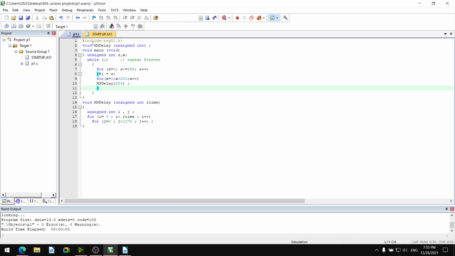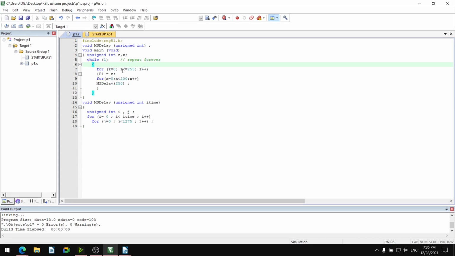What we have done? We have defined the ms delay, unsigned integer. In void main, unsigned integer z and x variables are there, while 1 for your loop. So this is the body of while 1 and this is the block of main. In while 1 what we are doing: for loop with z equal to 0, z less than or equal to 255, increment z.